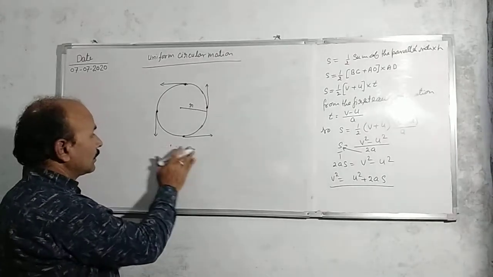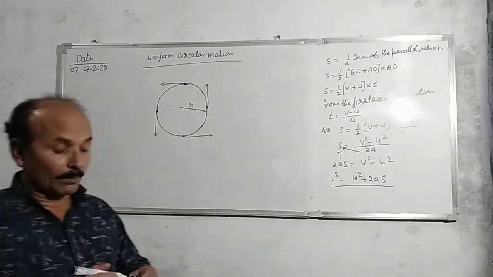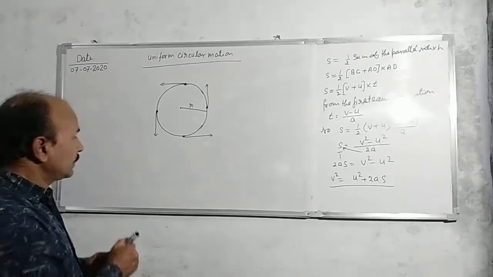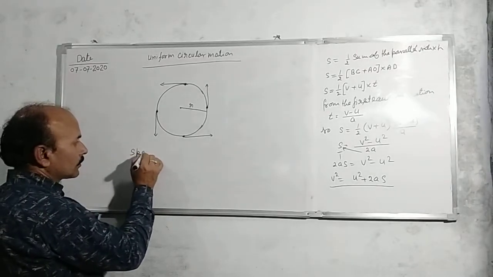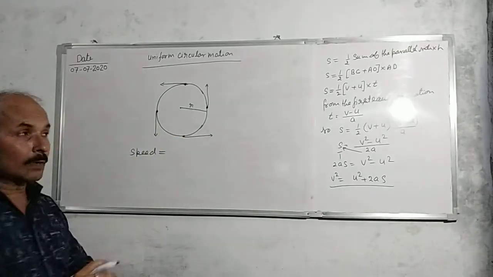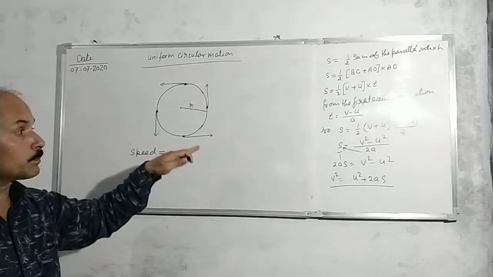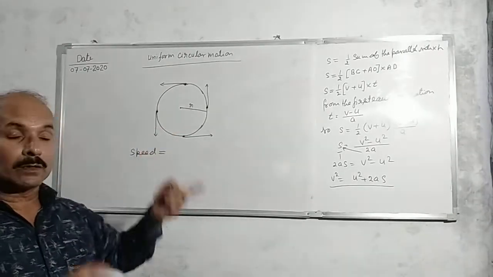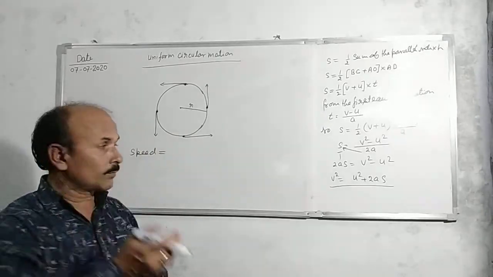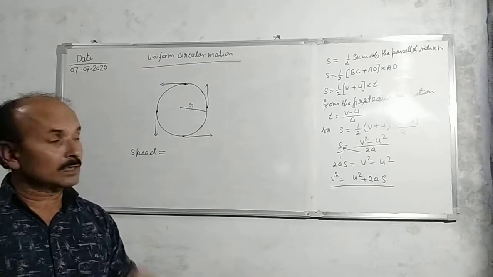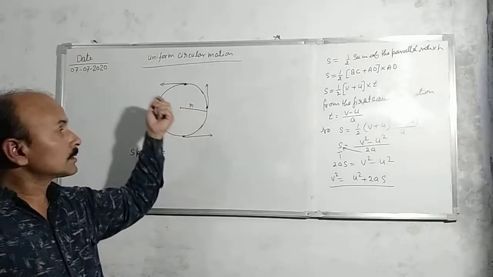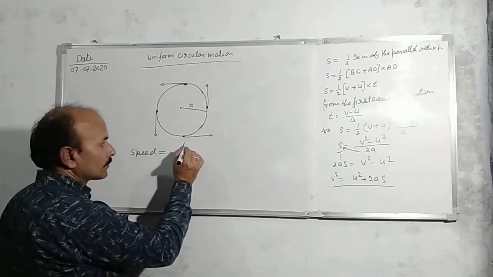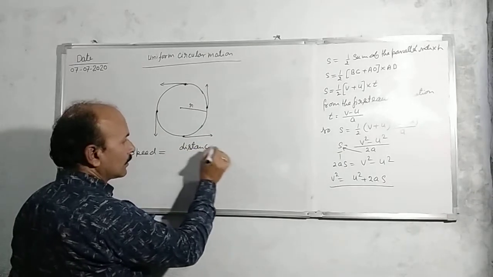If we are talking about displacement, then you may get confused. First of all, you have to determine the speed of the object moving in a circular path, because speed represents the magnitude, like 20 kmph or 30 kmph or 40 kmph. But the direction continuously changes, and that is velocity, because it has magnitude as well as direction. So speed is equal to distance upon